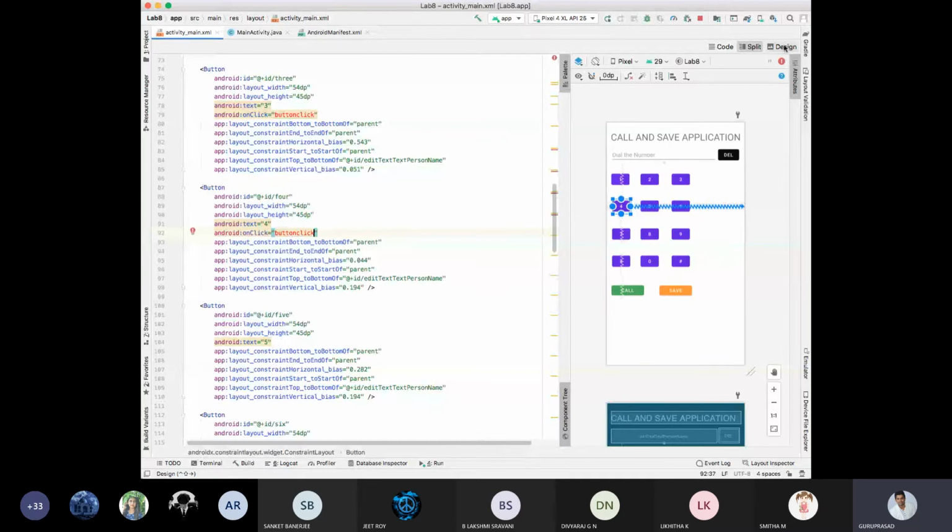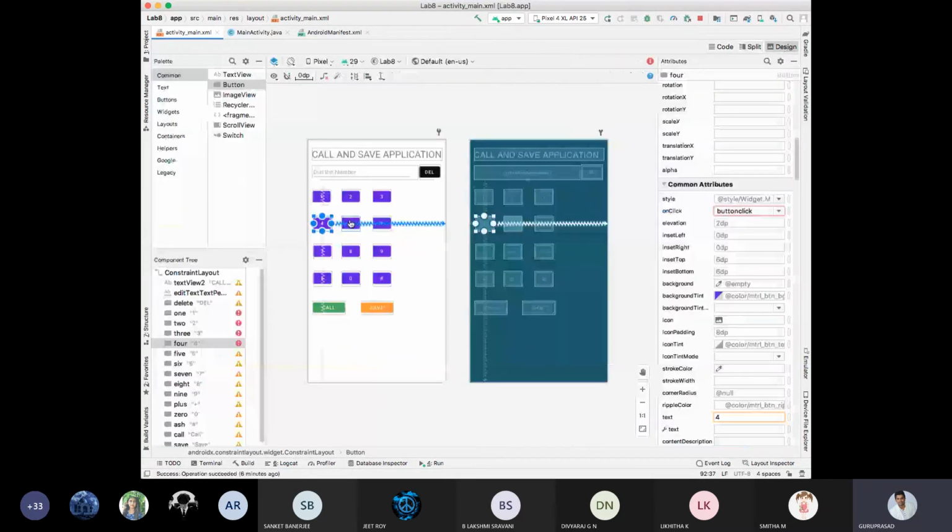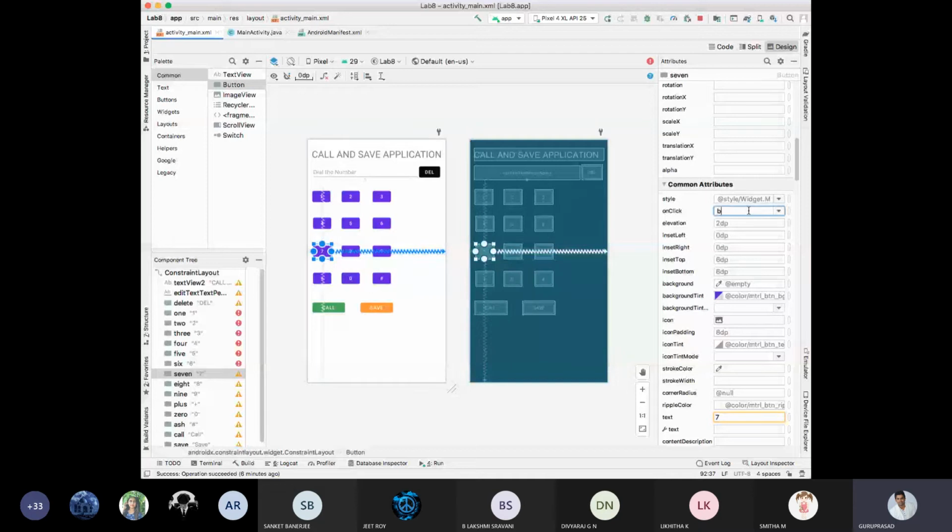In the design part also we can do it. Fifth one, on click, button click. Then sixth one, on click, button click, and so on through the eighth one, on click, button click.